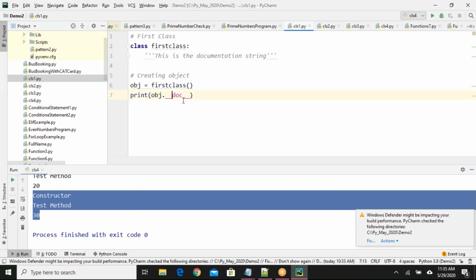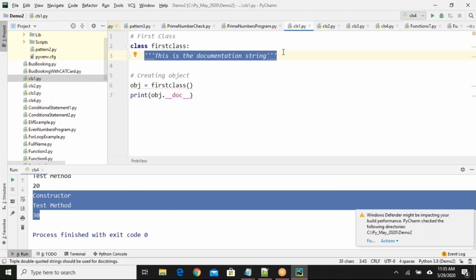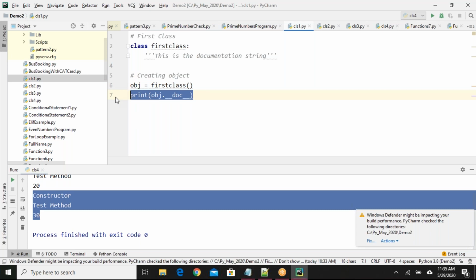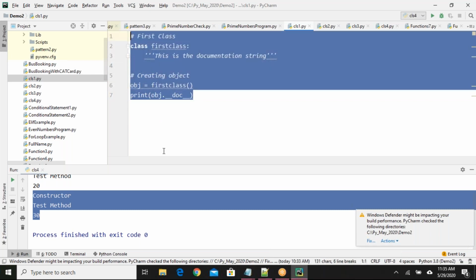We tried a simple class. Class name. This is optional. Documentation string. I created one object for the class. I printed the documentation string. Not only documentation string, any variable names you can refer using the object dot the variable names. Okay, this is first example we have seen.